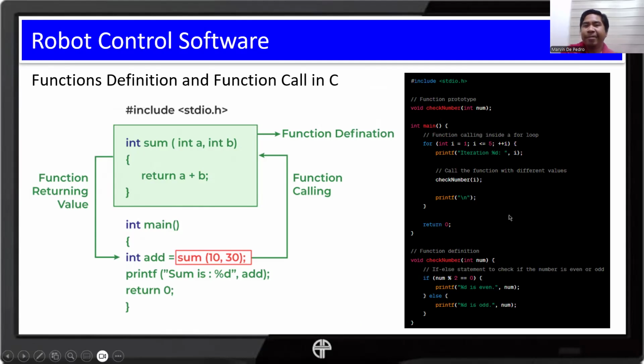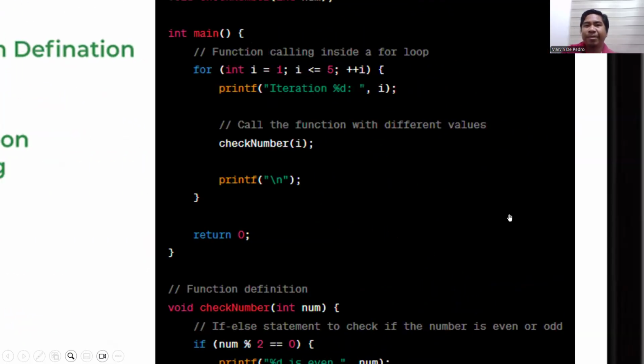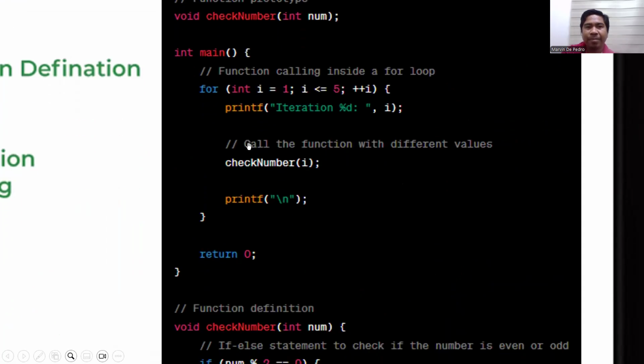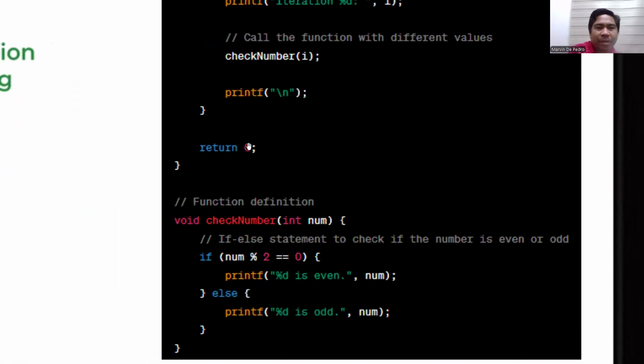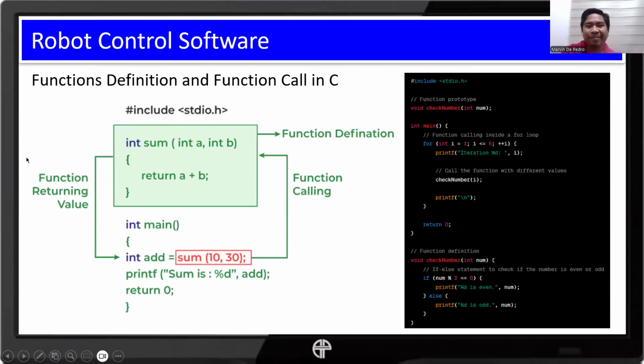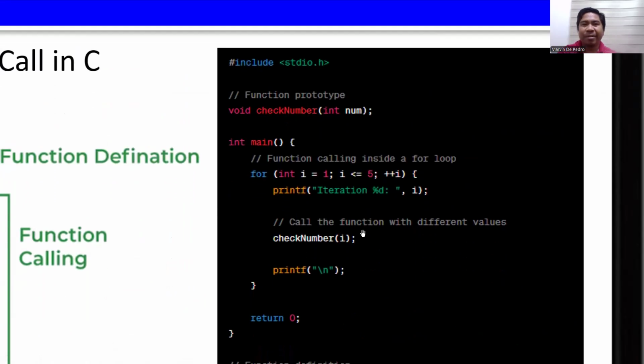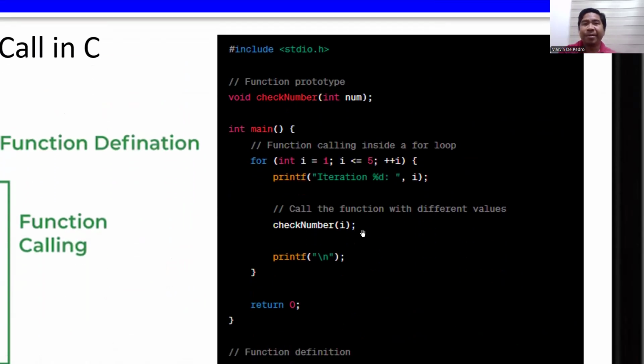And to give you another example, we have this function: void check number. I think this is too much. We are taking too long, sorry. You can take a screenshot if you want. So you can observe this example.